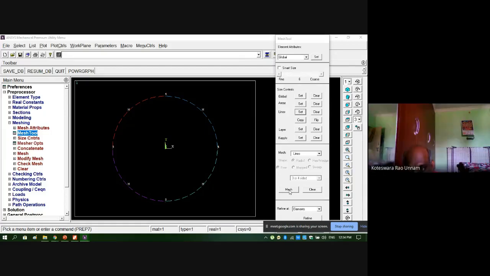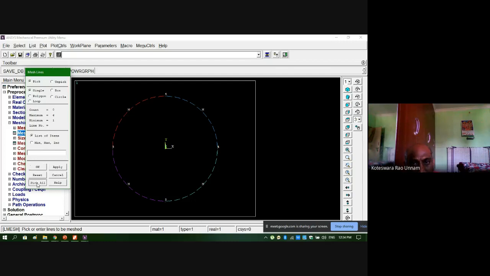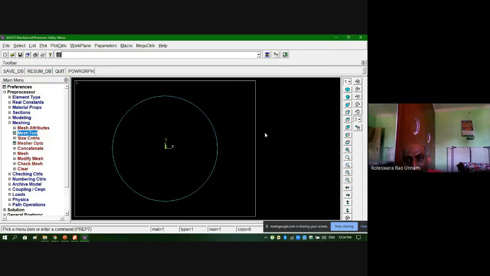Okay, so therefore, I'll use this mesh command now. I'll click on this mesh. Then again, it is asking to pick or enter the lines to be meshed. I want to mesh all the lines, so I'll use pick all. So now it is converted. See, but if you are unable to see that,